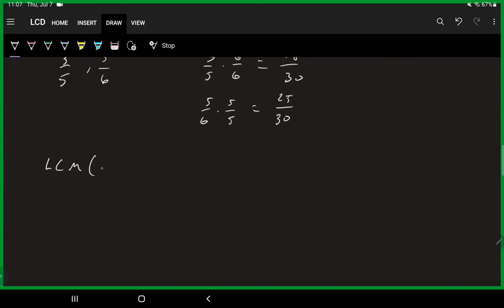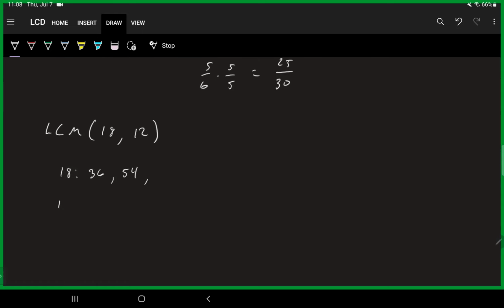If you see something like LCM of 18 and 12, I want the least common multiple of 18 and 12. So it's the smallest number that 18 will divide evenly and 12 would divide evenly. So it's going to be at least 18 because 18 has to divide it. One way to go about it is you just list multiples. So 18 times 1 is 18. 18 times 2 is 36. 18 times 3 is 54, and we can keep going.